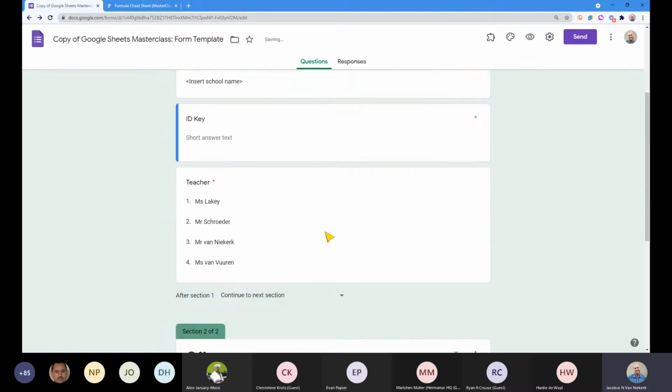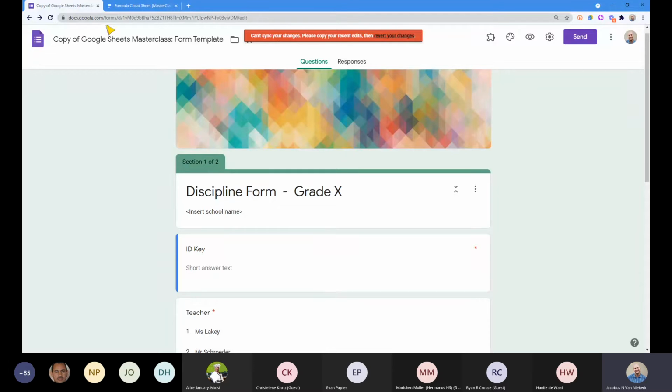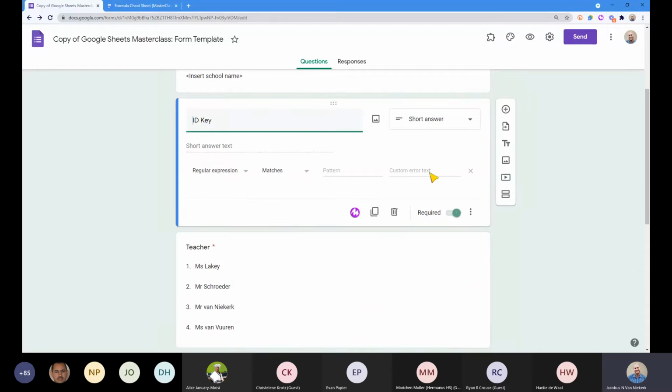I don't know why something funny is going on with the ID keys recently. Yes, it did the same thing last time. Not sure why something is broken with the regular expression. So if that doesn't work, we just stick to the length one. This is the simplest way to do it. But you can get very, very specific and finicky once you start using this regular expression to define the kind of pattern that the ID key has to follow.